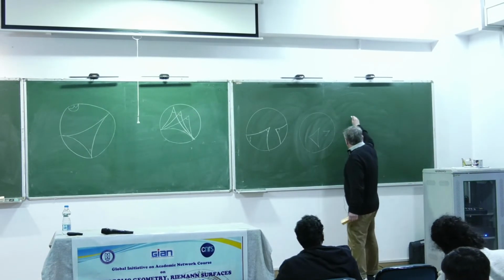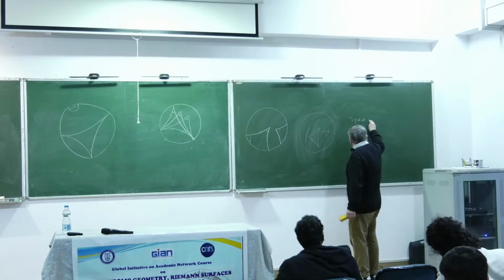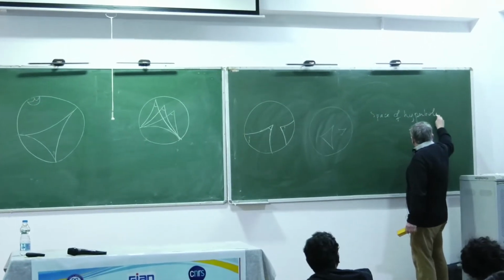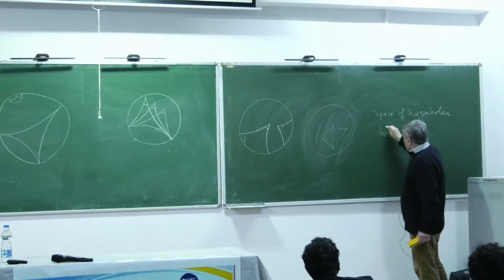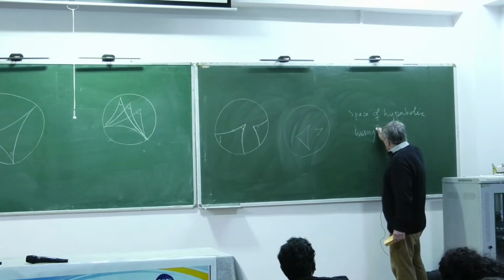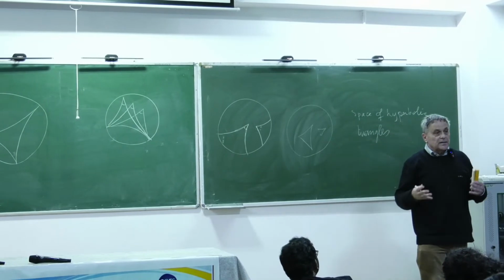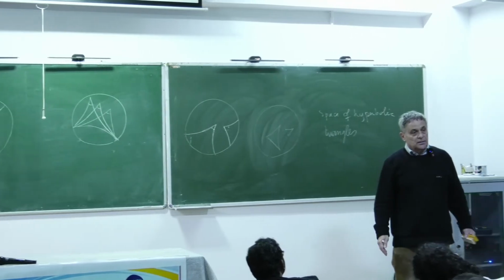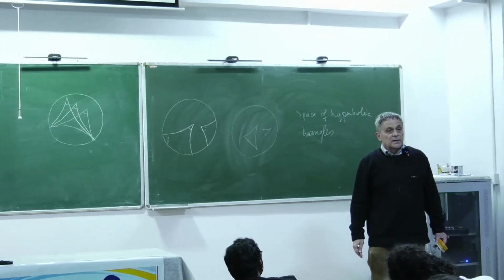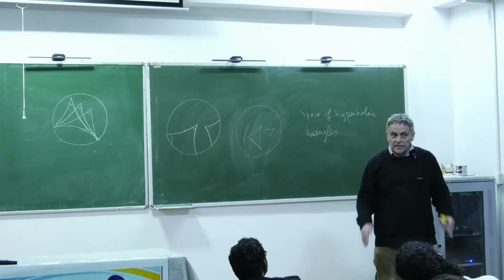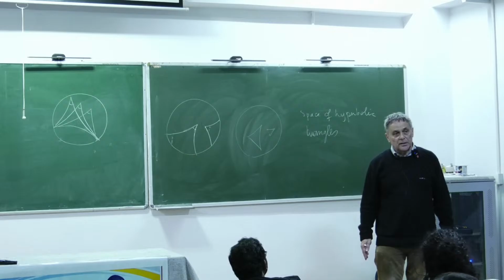So I have a space of hyperbolic triangles. I can define a distance between two hyperbolic triangles. This distance I can study. This is a three-dimensional space. Now this distance is complicated. I think it's very complicated because